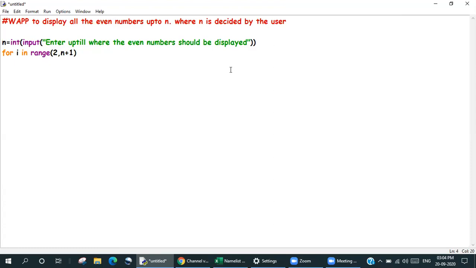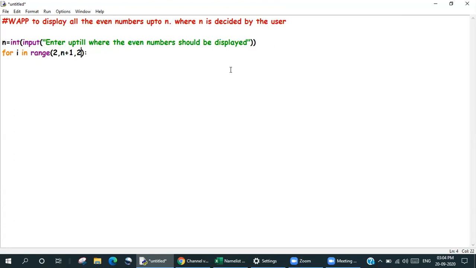Because we know whatever the user will tell us, suppose let's say the user tells us 10. So at 10 my loop is going to completely stop, and 10 is an even number. So we want to display it on the screen. Okay, so we will say starting from 2, n plus 1, and over here I'm going to write 2. I will tell you why I'm writing 2 over here in a little while, because I will show you all this program in multiple ways.